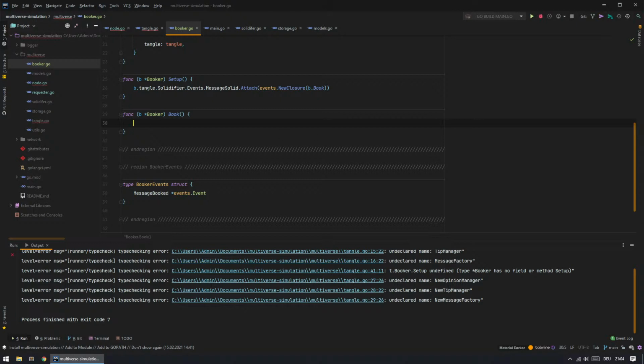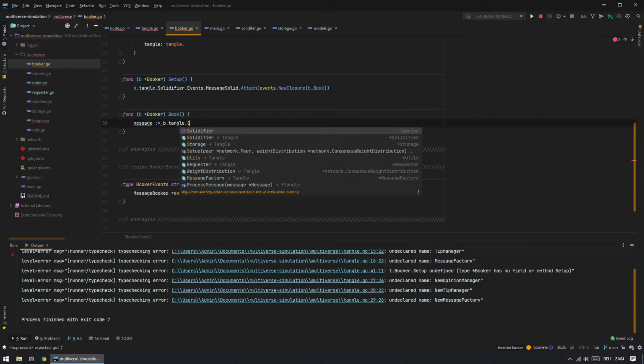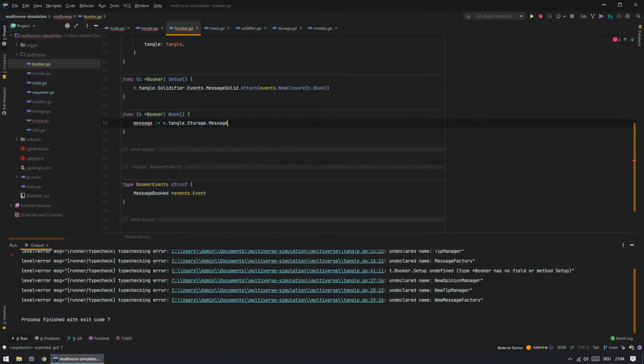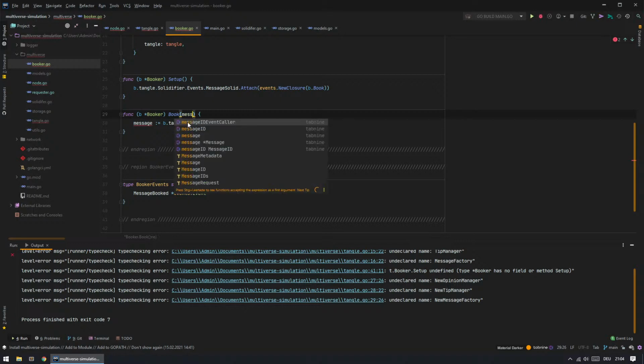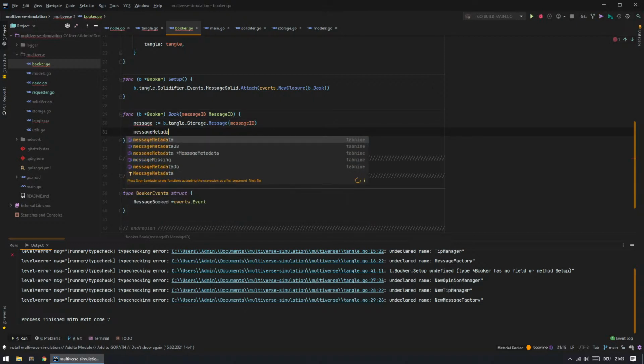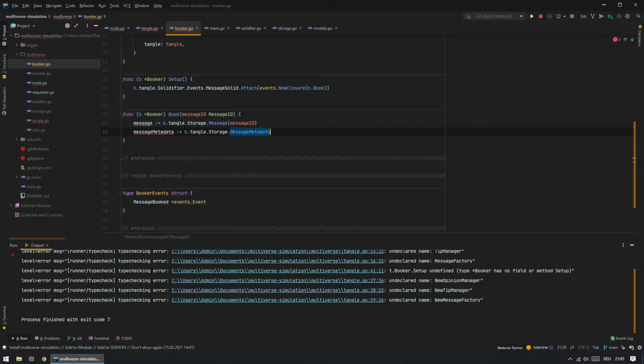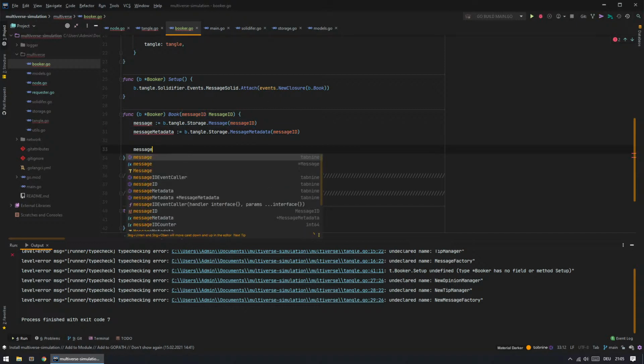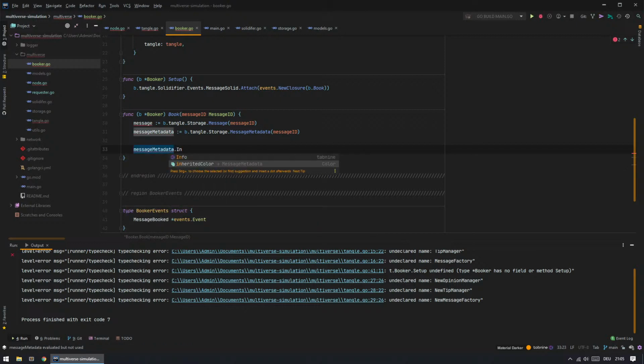And the book function now has to inherit the data from the parents. So I guess the first thing that we need are the message objects, which we can retrieve from the storage. Oh yeah, we need to have a message ID as a parameter. And then we will have the message metadata, where we store all the locally derived information of the message. And then we store in the message metadata the inherited color equals,